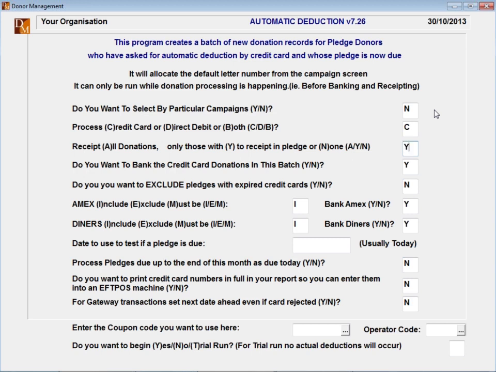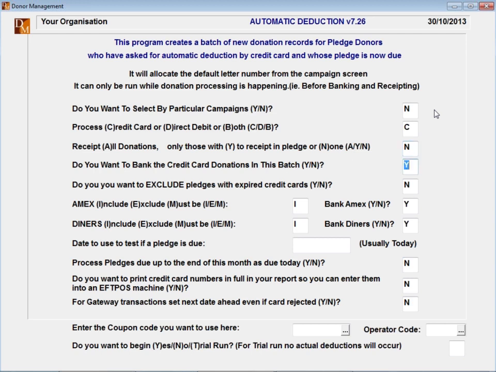So if that was the case, I'd answer yes to this question, and the only people who will be receipted for this particular batch would be people that I've marked, yes, they have indicated that they do want a receipt for every particular payment. If you said no, even if someone's marked that, I don't care. We're going to receipt these people at the end of the financial year. Then I just leave that on no and say, no, I don't want to receipt anyone for this particular batch.